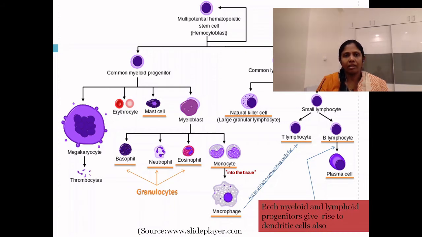All the remaining cells that arise in this process of hematopoiesis, other than the megakaryocytes and erythrocytes, are involved in immune functioning, either as a part of the innate immune system or a part of the adaptive immune system. It is important to remember here that both these systems work in close interrelation and interdependency. Let us have a look at the functioning and identification of these different types of cells in detail.